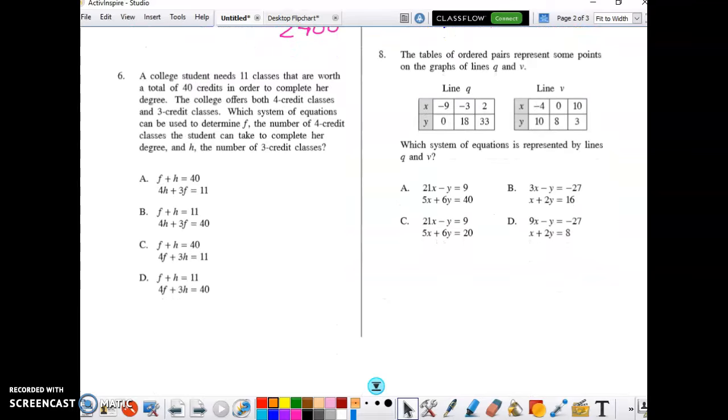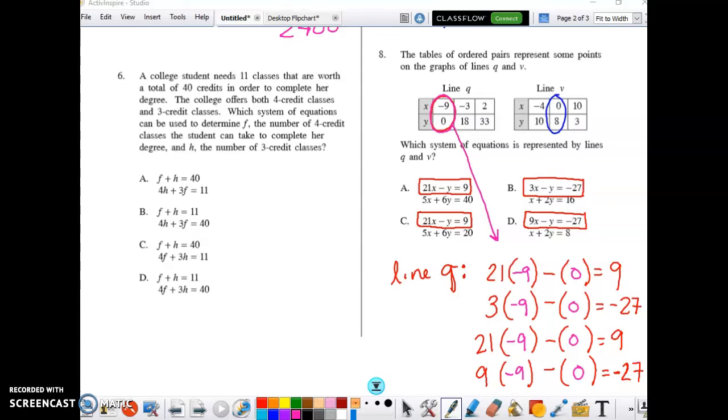For problem number 8, you're going to take that point and plug it into all of these equations and see which one is correct. Same thing for here, you do this for